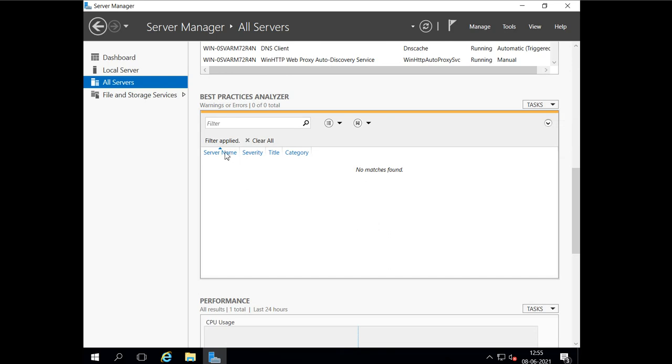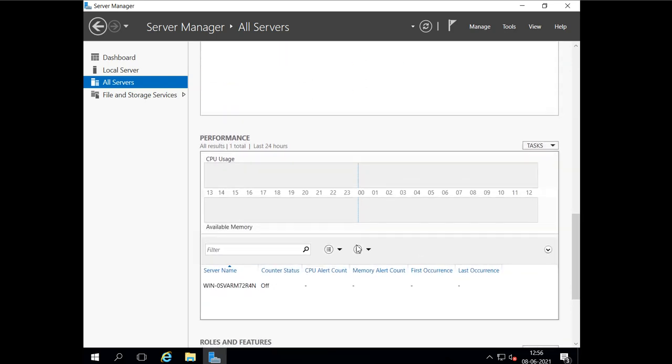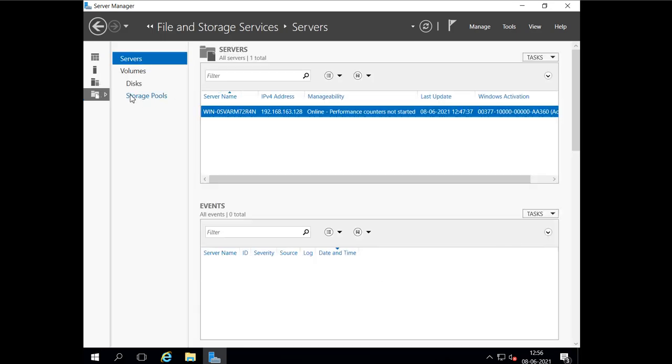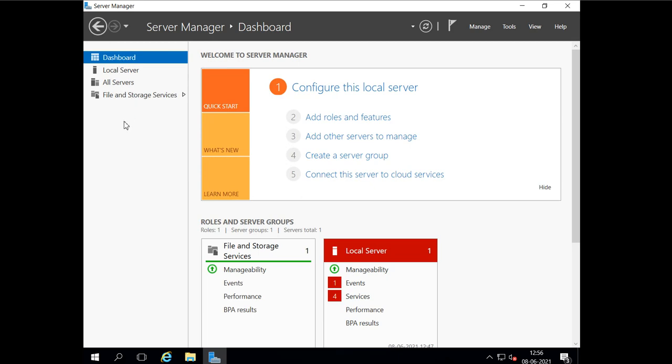So in Server Manager, if you have connected multiple servers, you can see all of those servers here. Then you will see all the services we include on these servers. Right now we have only File and Storage Services. If I install DNS services, then I can see a tab here for managing them. I can see the DNS Server tab, and when I click on that, it will show me which server has that role.